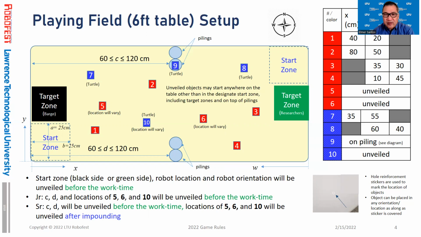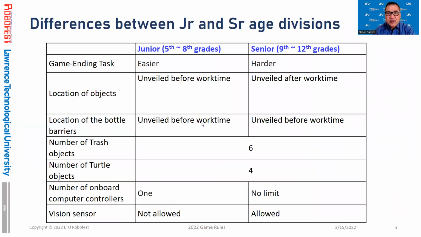At that point, 5, 6, and 10 are still unknown. We'll start the 30-minute work time. Teams will just have to guess where 5, 6, and 10 will be. And then after the work time and impounding, the site hosts and judges will unveil the locations of 5, 6, and 10, and then reconfigure the fields to reflect that. And then the rounds can begin. So hopefully that's clear. To go into some more detail about differences between junior and senior,